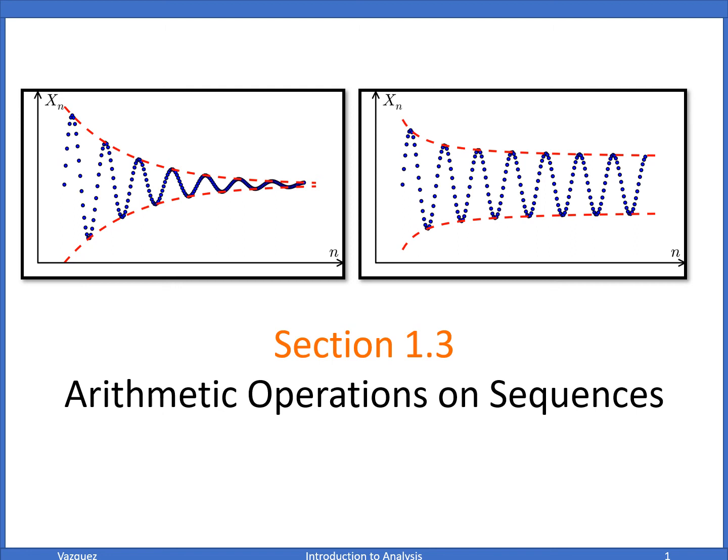Okay, so in section 1.3, we're going to be looking at arithmetic operations on sequences. If you've taken a topology course, you know we've been sampling the topology of the real line when it's really convenient for our purposes. In this case, we're just going to show the relationships between the arithmetic processes and the ordering on the real numbers. So we're going to be adding, subtracting, multiplying, dividing,